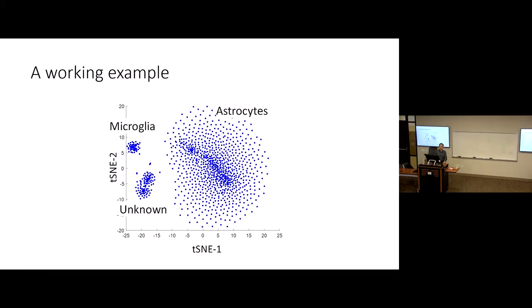Well, it looks like a very easy task sometimes for a human. This is an example we had before, and this is a t-SNE plot. From our understanding, the majority of cells should be astrocytes, and there are some unknown ones, the microglia. If you give this directly to a clustering algorithm, for instance, k-means,